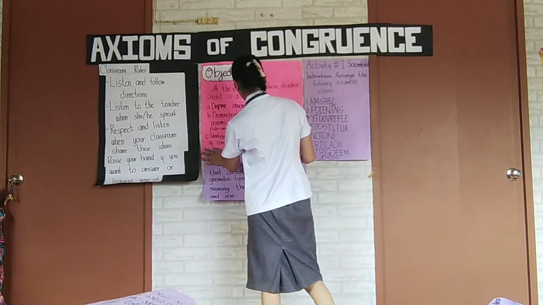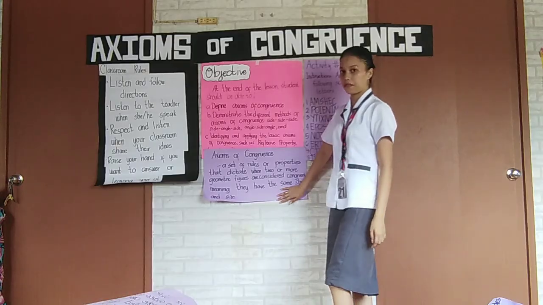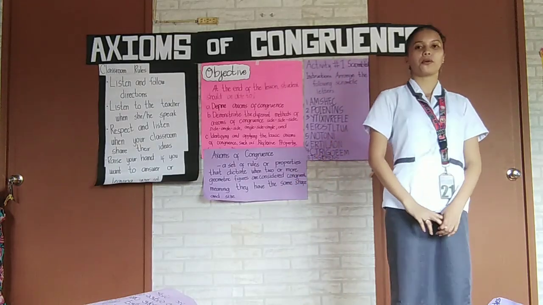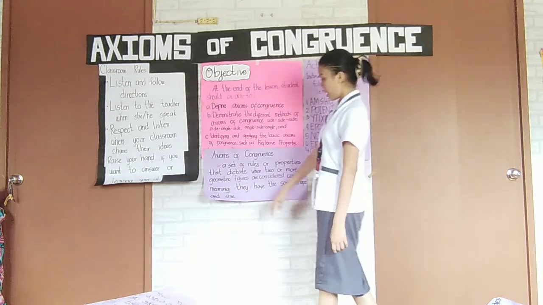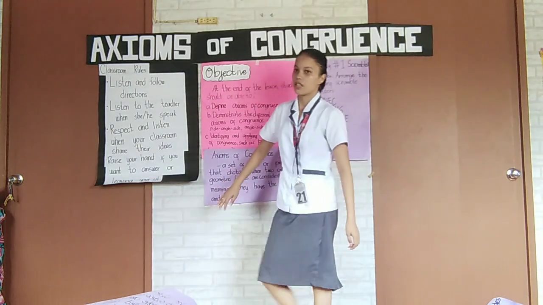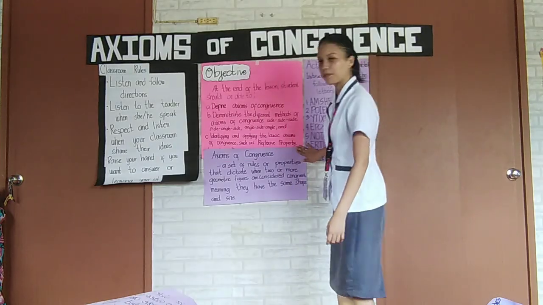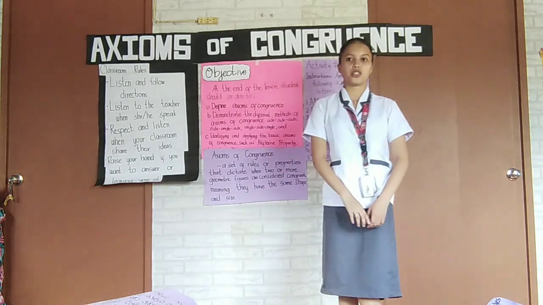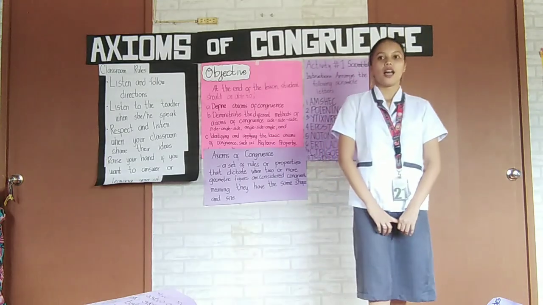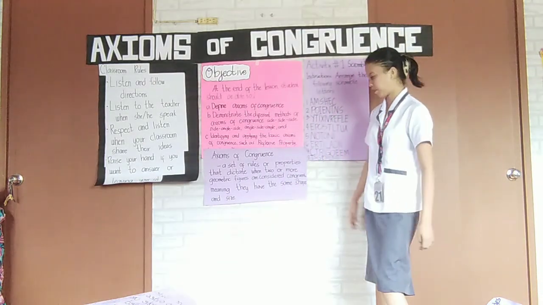A set of rules or properties that dictate when two or more geometric figures are considered congruent, meaning they have the same shapes and sides. These axioms serve as the foundation for proving and establishing congruence between geometric shapes,